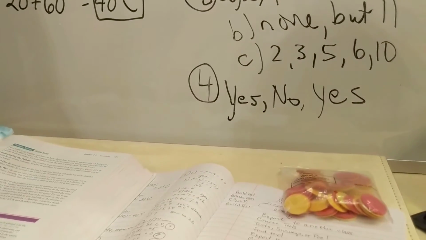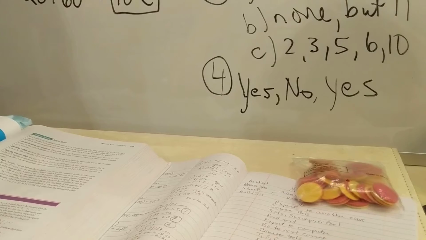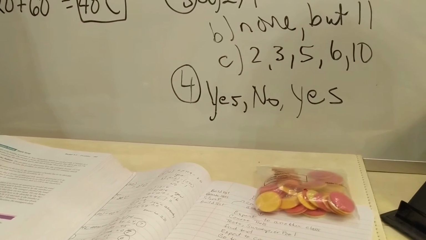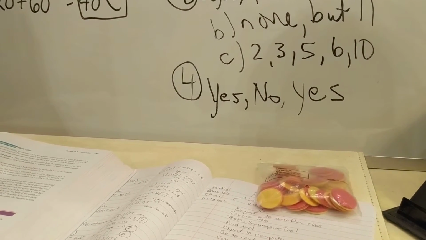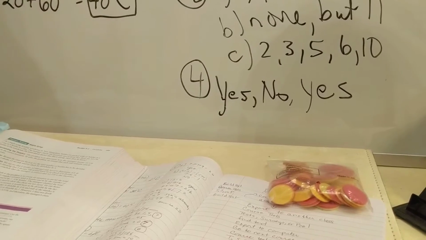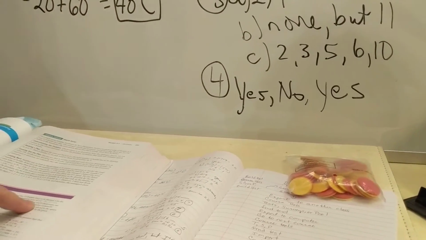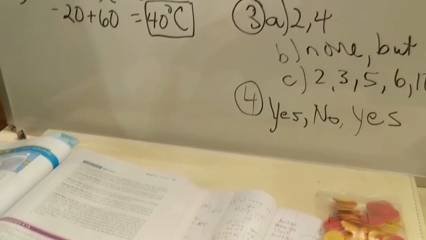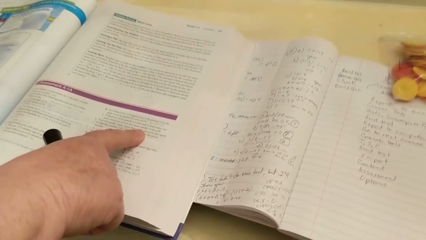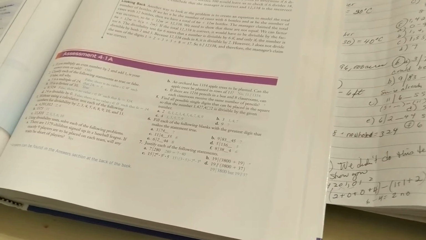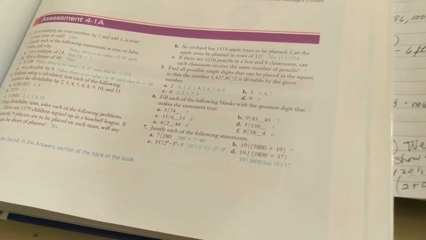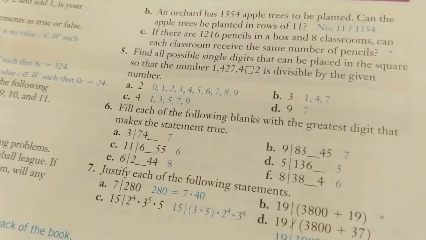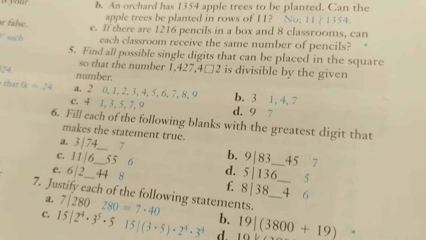And C, it says if there are 1,216 pencils in a box, and 8 classrooms, can everybody receive the same number of pencils? Now that one is true because that number, if you look at the last 3 digits, 216,